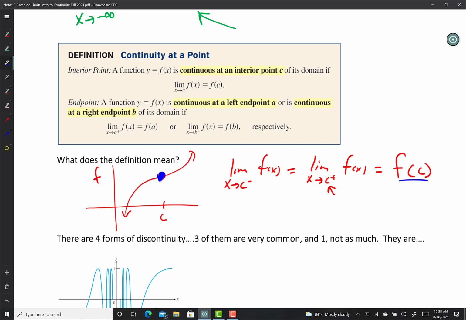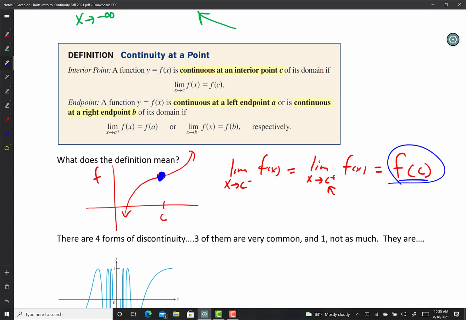That's just not continuous because you have a hole. But if they connect and it says f of c, it fills in the hole. Now, if you don't see f of c